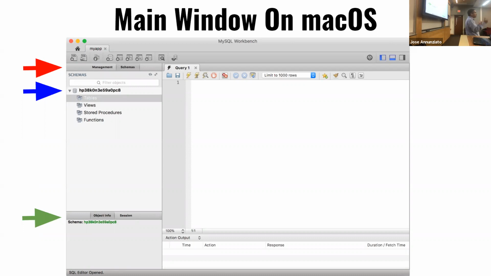Usually it's one schema per project. Since we're going to be working on a kind of social networking project,